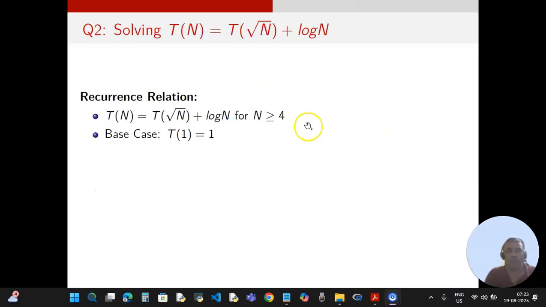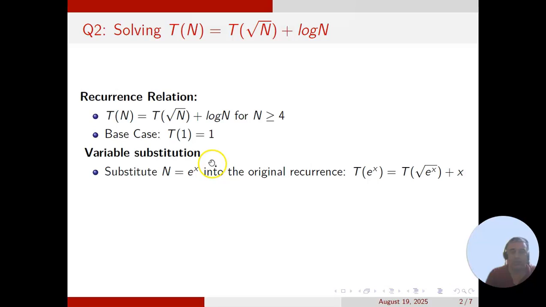Second question is, solve the recurrence relation T(n) = T(√n) + log n. Now this is not in the general form. To solve this kind of recurrence relation, we have to use a trick called variable substitution. Substitute n by e^x. Then we'll get T(e^x) = T(e^(x/2)) +